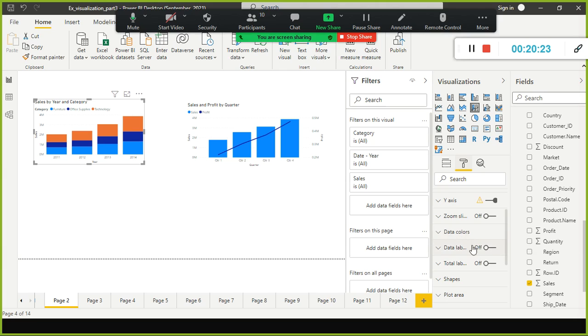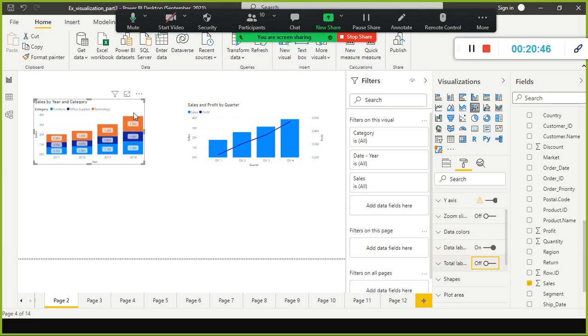For example, you have data label, you can enable this by selecting this one. Right, you can plot the values on each chart itself, okay. And then you have something called total label, and here, one second, if I disable this, what is happening?